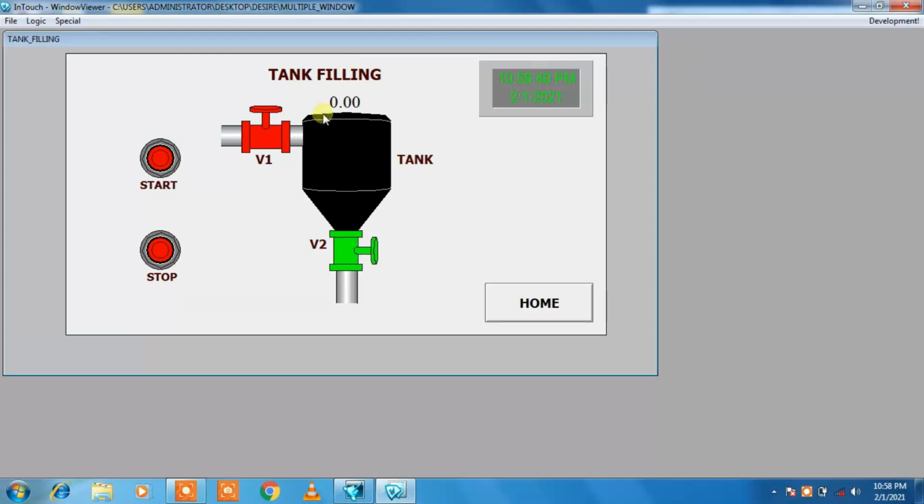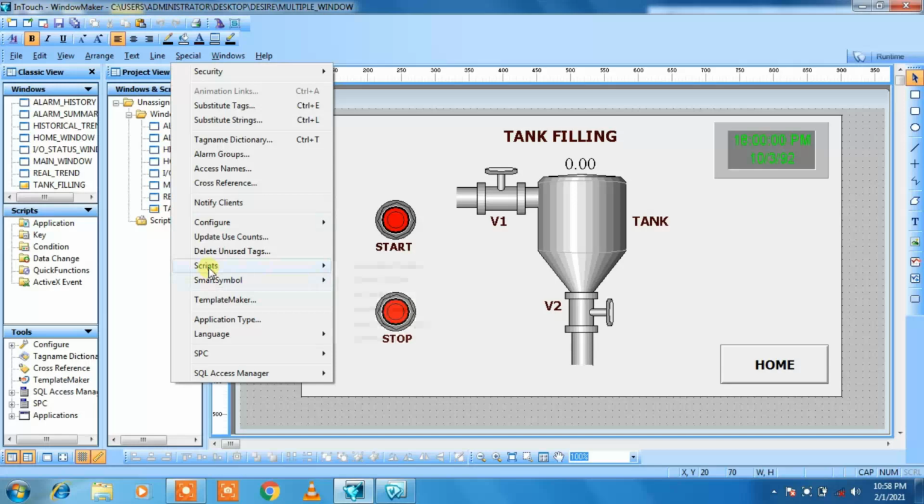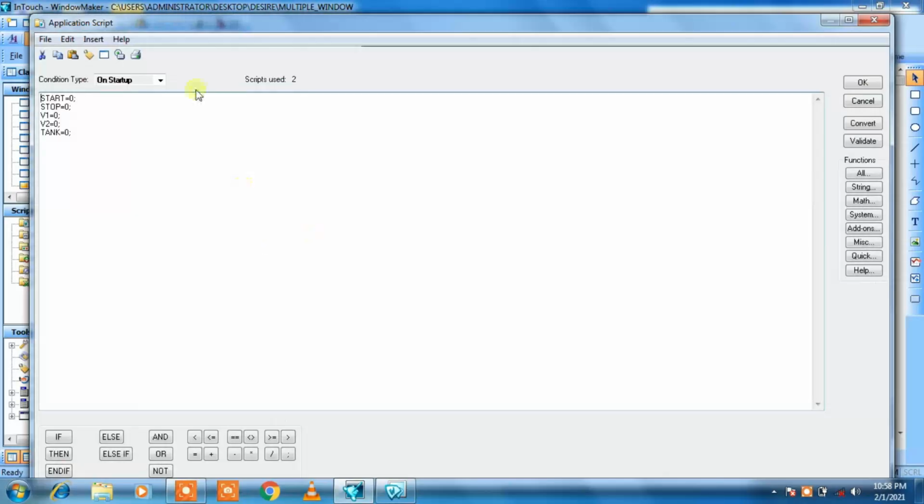Then when tank equals 0, I need to switch off valve 2, so we need to check our application script. Go to the development, then the special, the script, then the application script, then the while running.